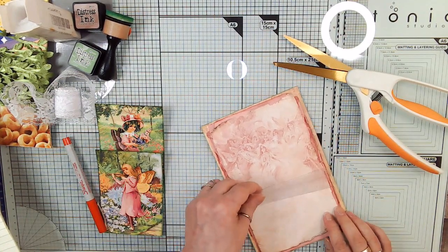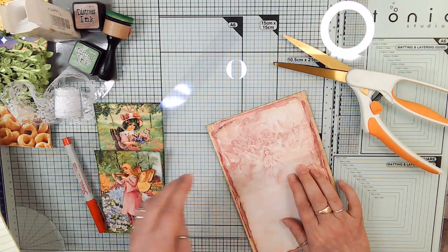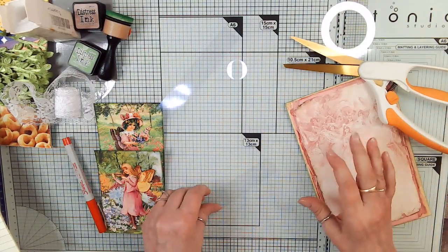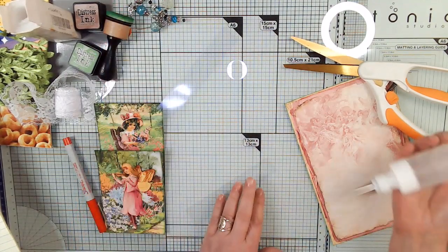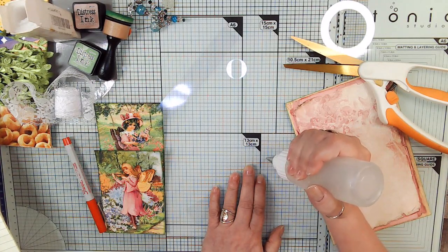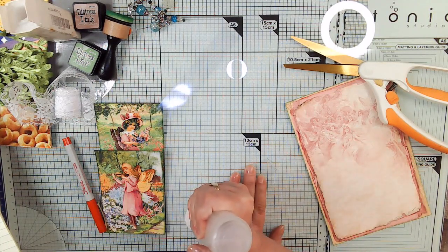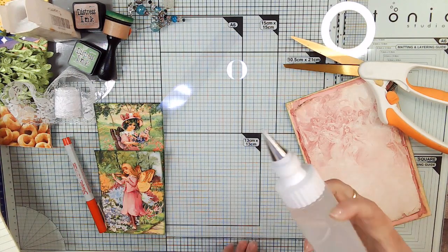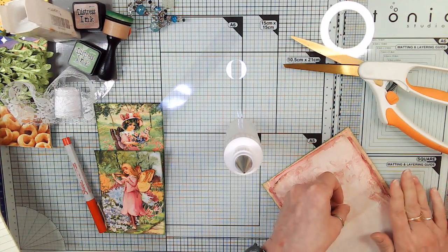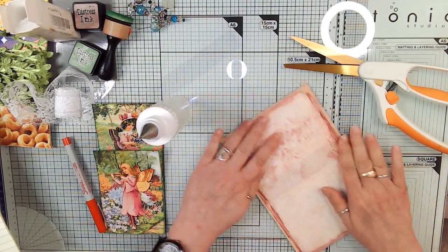Okay, so let's glue these on. Let's glue the top one on. This top one is the one that's crooked too, or as well. They're the right width and they're wide enough for me to glue the lace to, so I don't know if I was doing that off camera or not, but